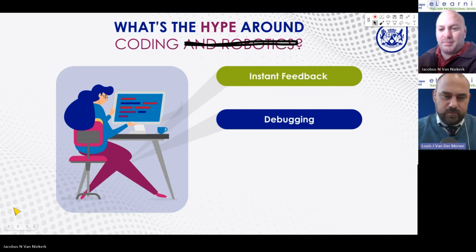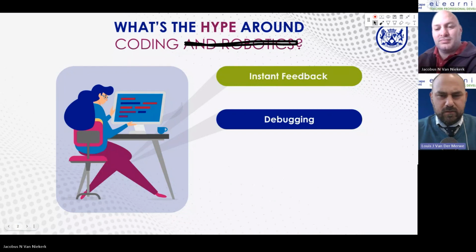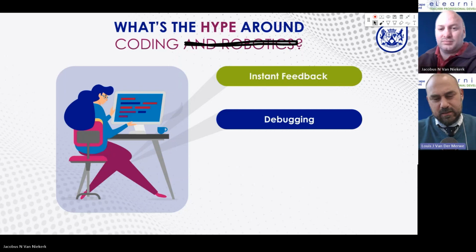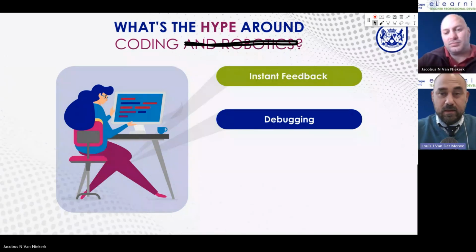Debugging is when you write code and it doesn't work. Completely doesn't work, and then you have to fix it. So you have to think to yourself, where did I go wrong? Why doesn't it work? You have to logically work through your steps, analyze it, and all these skills of analyzing, problem solving, analytical thinking are very important, not only for coding, but also for any other science subjects. And I would actually say for any aspect of life, really. It's this wonderful thing in coding that there is no writing code without making mistakes. Doesn't happen. So coding is that lifelong process for me of writing something, building it, seeing it doesn't work, and then figuring out how to fix it.